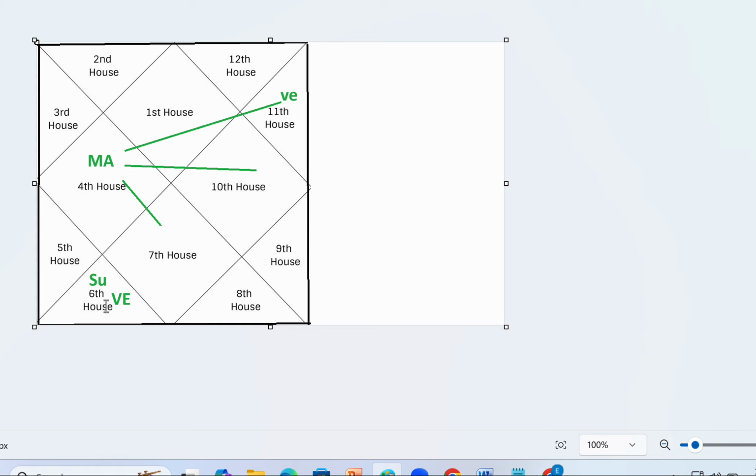But it is combustion, sir, actually. If Sun is there, don't get into combust. Don't get into combustion, then it gets combust automatically. Baba, don't get into combust. Understand one concept, okay.